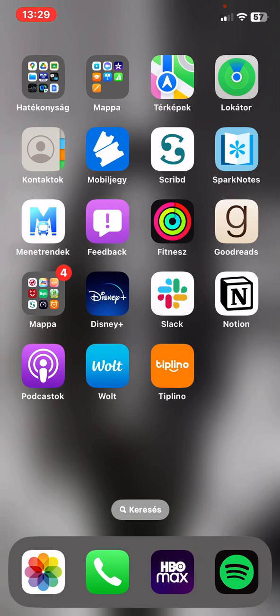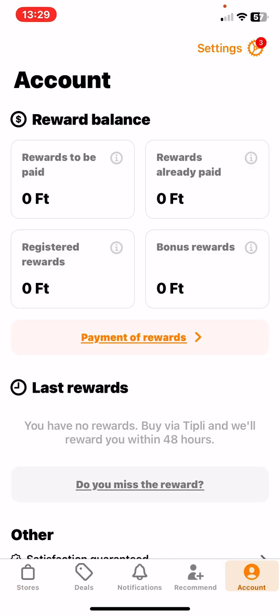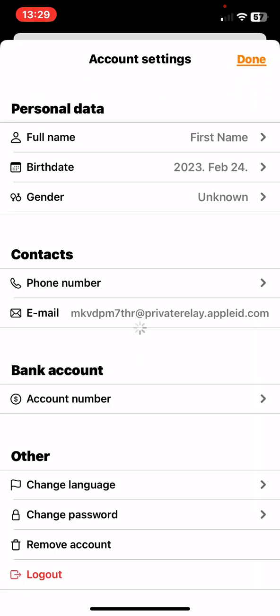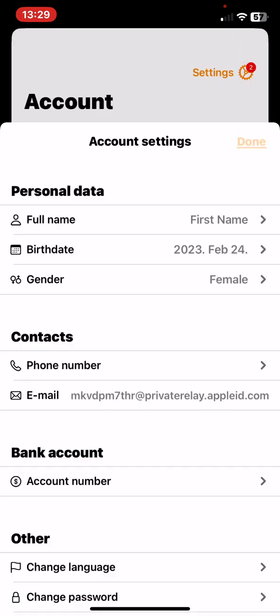Let's jump into it. First of all, open the application on your phone and then click on the account button at the bottom of the page on the right, and then click on the settings button at the top of the page on the right, and then at the personal data section click on the gender button, and then just click on the one and then click on the save button and the